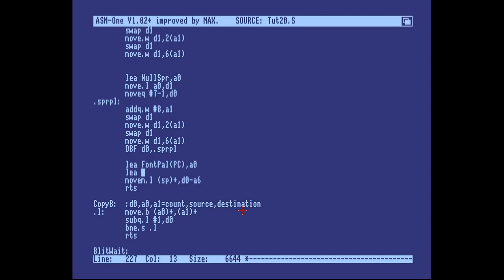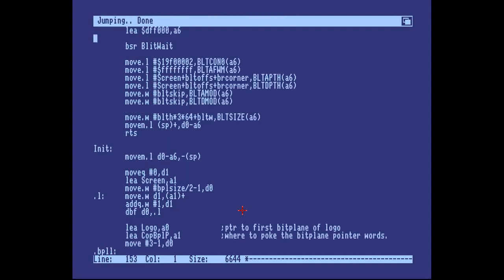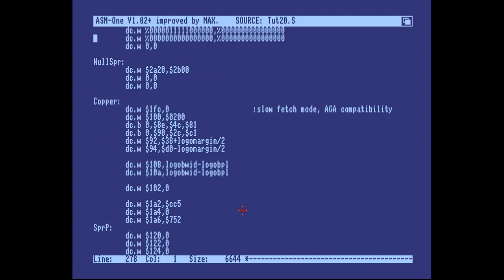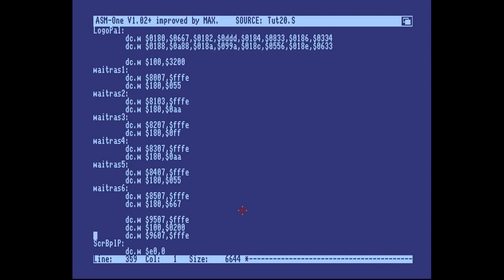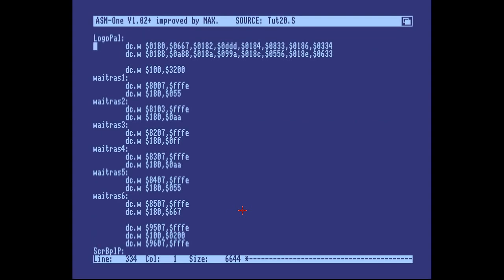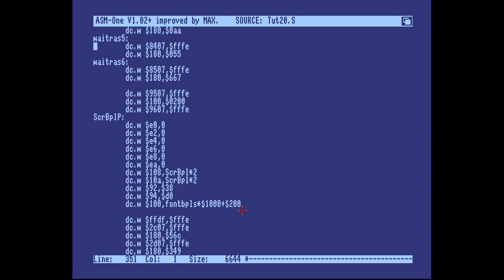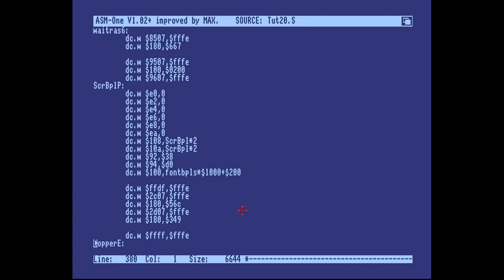And we're going to poke it to the copper, and we don't have any palette colors in the copper, so let's remedy that and put them there. We could copy some lines probably here. So we've got 8 colors here, and we don't need to care about them. We're going to copy the logo colors straight away, and they will be replaced by the palette appended to the font. And we need to set them before it starts outputting